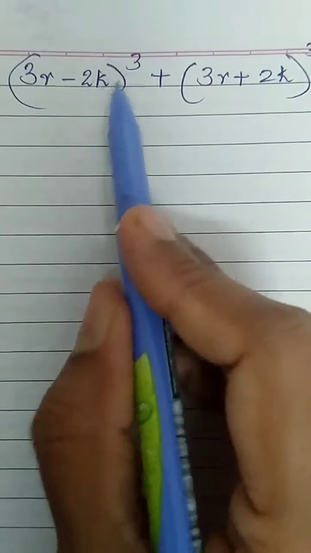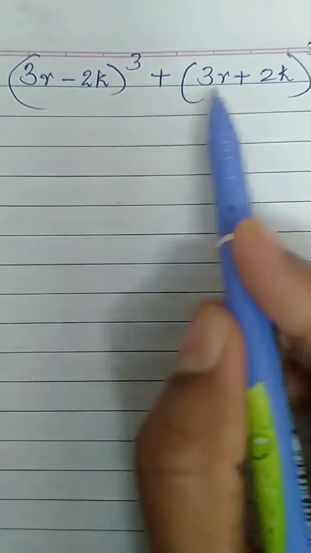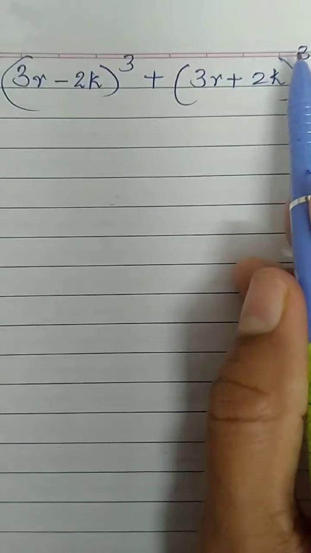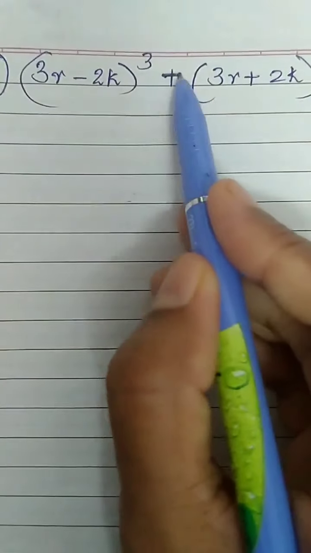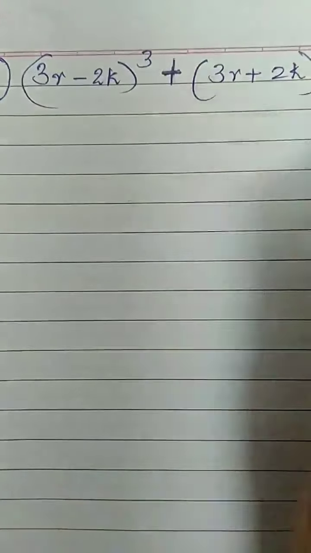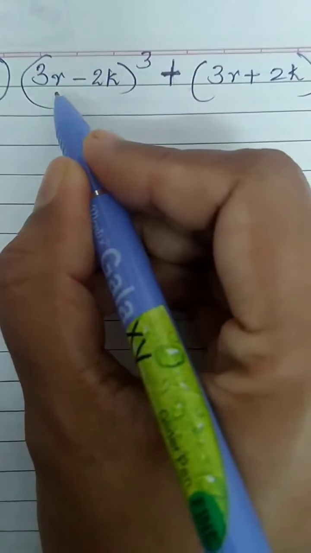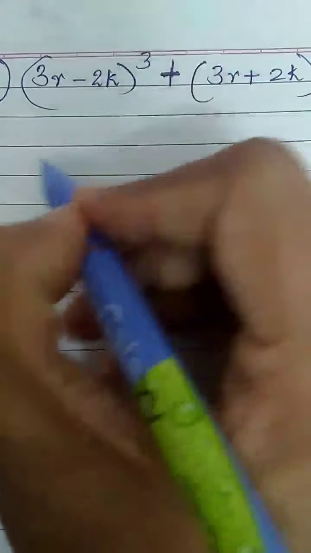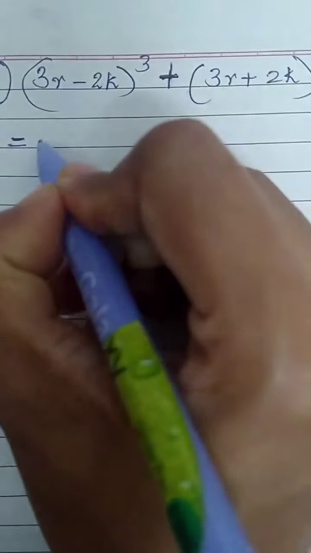3r minus 2k the whole cube plus 3r plus 2k the whole cube. Here we have plus sign in the middle. That is, we need not worry. The sign will not change. Very easily you will get. We will apply a minus b the whole cube formula here. So what are we going to get? 3r cube